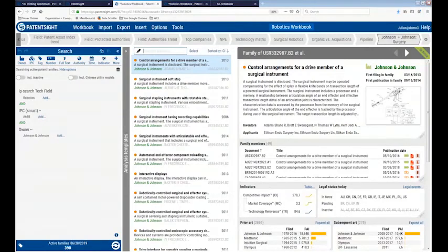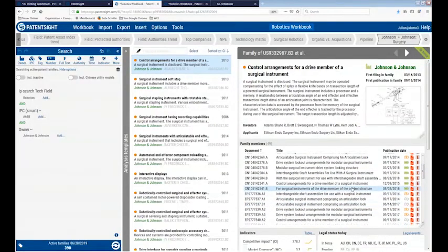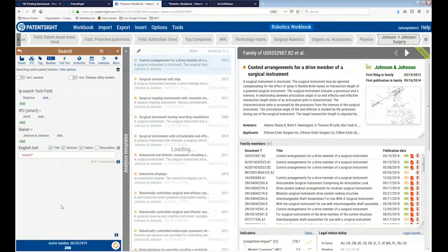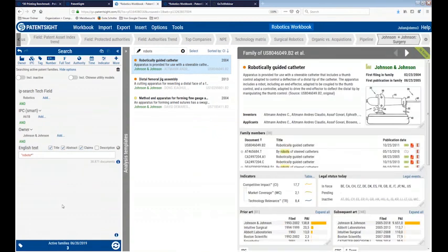And so for this, we have this patent viewer, I would say, where you can see all the members of the patent families here. There's always the ability to go to a PDF format. You can also see if they're granted or currently pending. And we can also search within them. So if we wanted to reclassify some of these patents, then we could actually take a look. So if we wanted to just find the ones which have robots or robotics in the claims, then we'll narrow it down to these 3 patents,